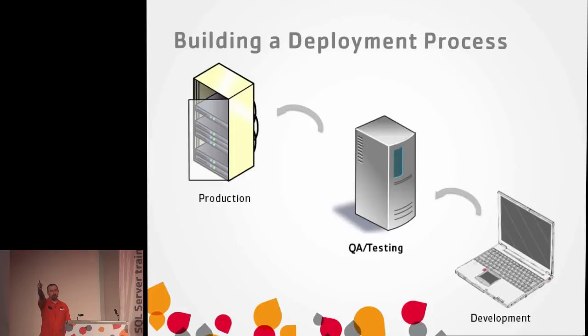The poor guy that was out here earlier today that got called in because there was a problem on his production server. So they think about production first, and then they backwards engineer that process down. Okay, well, here's what I have to keep production up. You must give me this. To keep production up, I have to do things this way. And that's my first goal. And so you figure out what you need from there to get it from QA and from development.